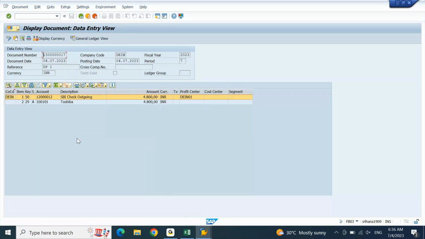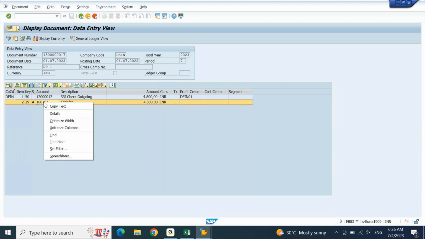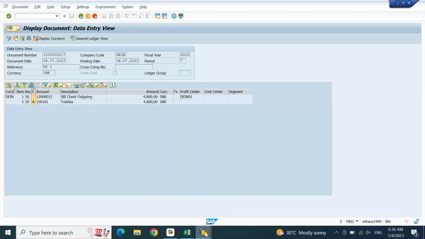This is what is processed. Now, if you see, while processing the down payment request, your special GL indicator was F. While converting the down payment request into a down payment, your special GL indicator is A. This is because while processing the down payment request, system had asked us to input